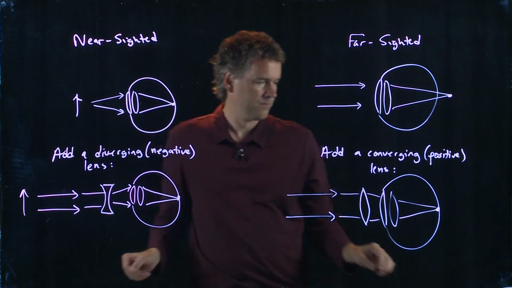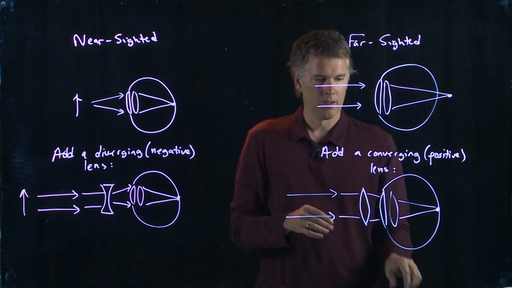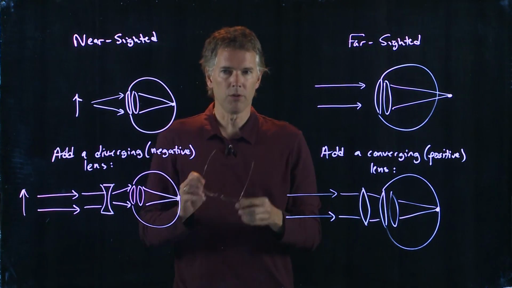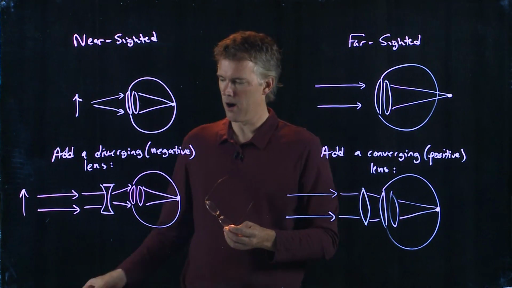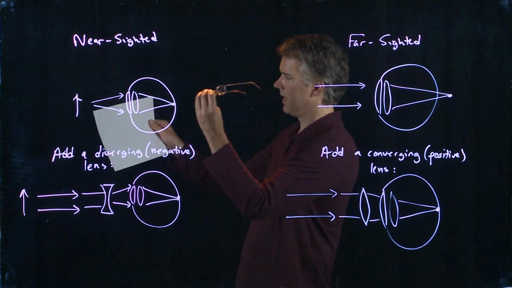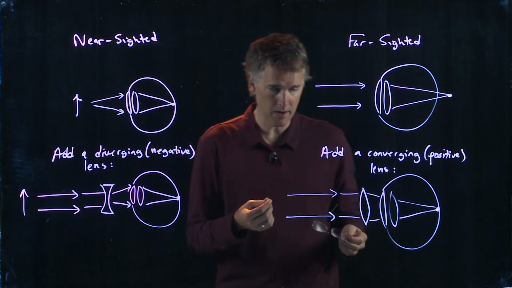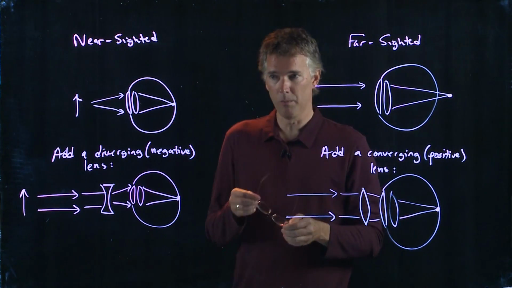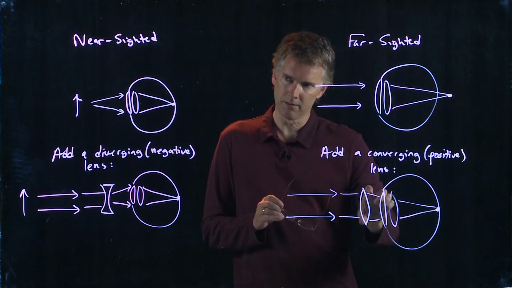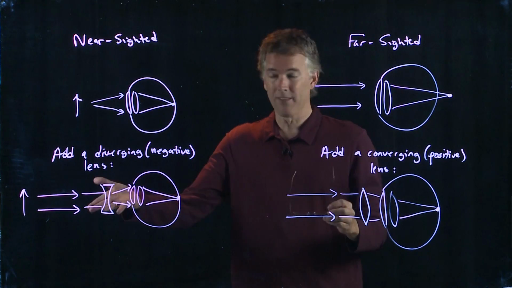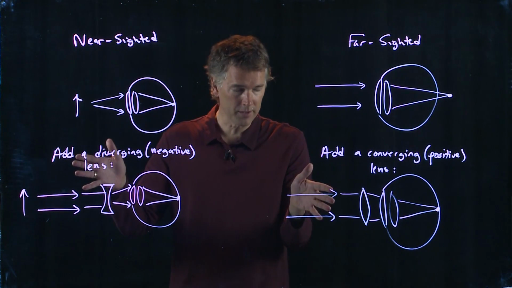The other thing to know about nearsighted versus farsighted is a positive lens means you can focus light down to a point. So if you are out in the sunshine and you're trying to focus light to a point on a piece of paper because you're trying to start a fire on a desert island, you had better hope that the glasses you're using are farsighted, positive lens, so you can focus that sunlight to a point. If they're nearsighted, it's never going to help you start a fire. Sunlight that comes through there diverges everywhere.